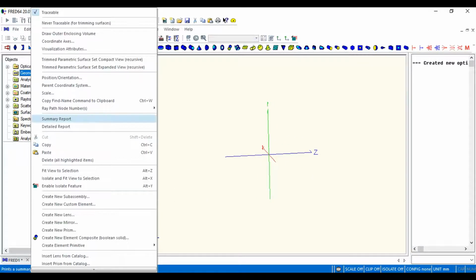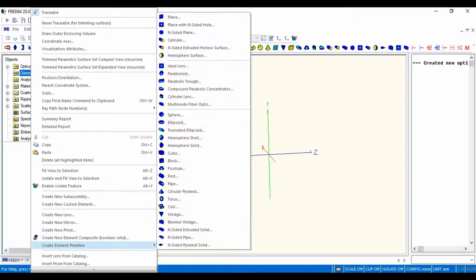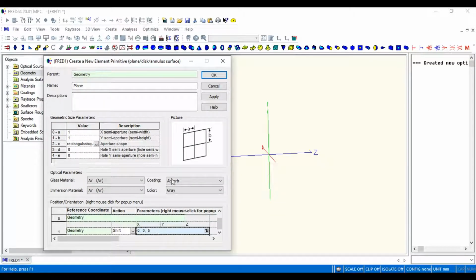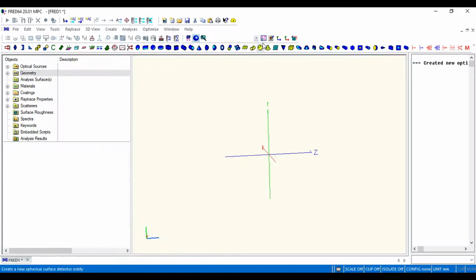After we've done that, we're going to right-click on the Geometry folder, mouse over Create Element Primitive, and select Plane. Again, leaving all the default settings, but this time we're going to right-click and append and apply a shift of 5 along the Z direction. We click OK. And then clicking the View All button allows us to see both the plane and the optical